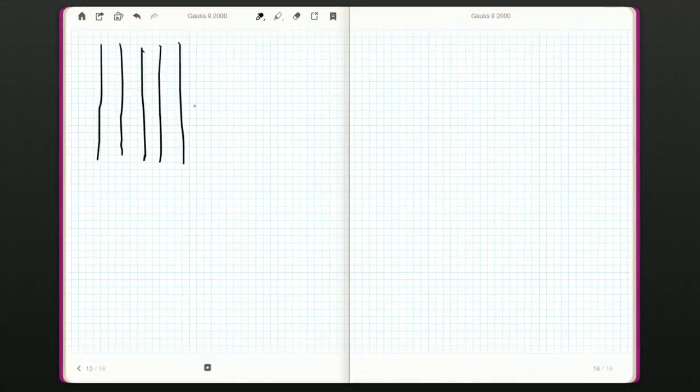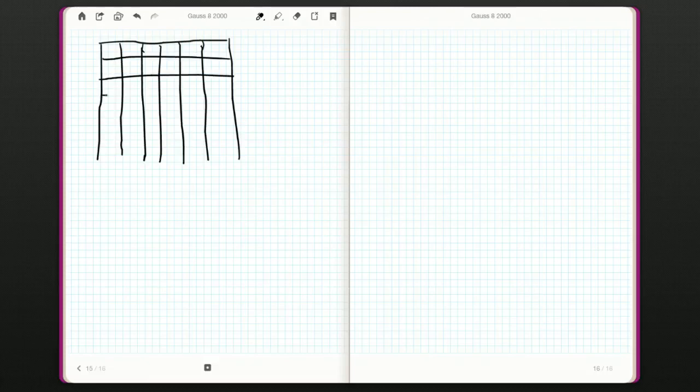So that's 1, 2, 3, 4, 5, 6. Two, 3, 4, 5, finally 6. You know what? That's actually not that bad. If you've seen some of the other grids I've drawn, you know it can go horribly wrong right from the